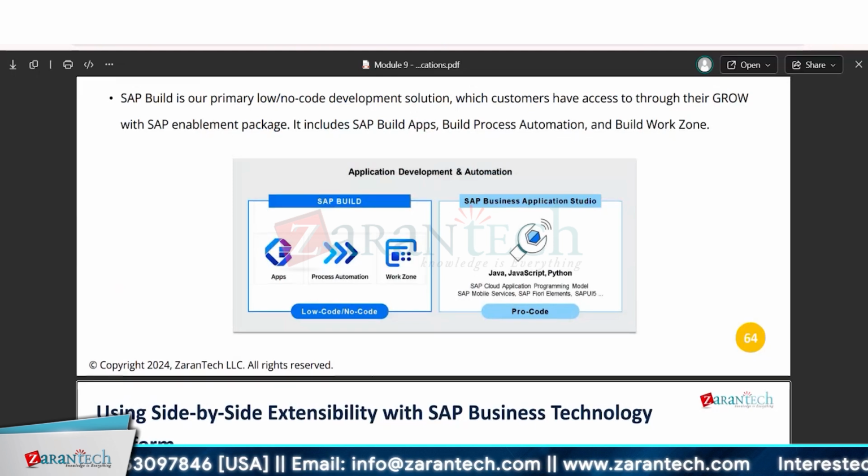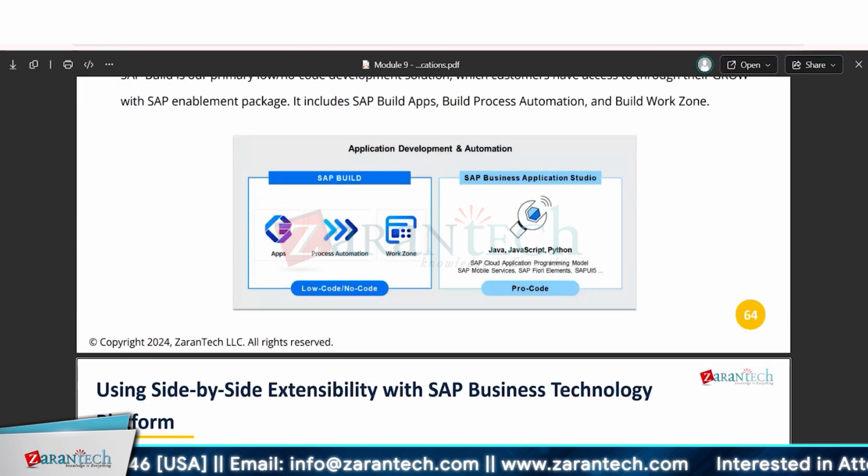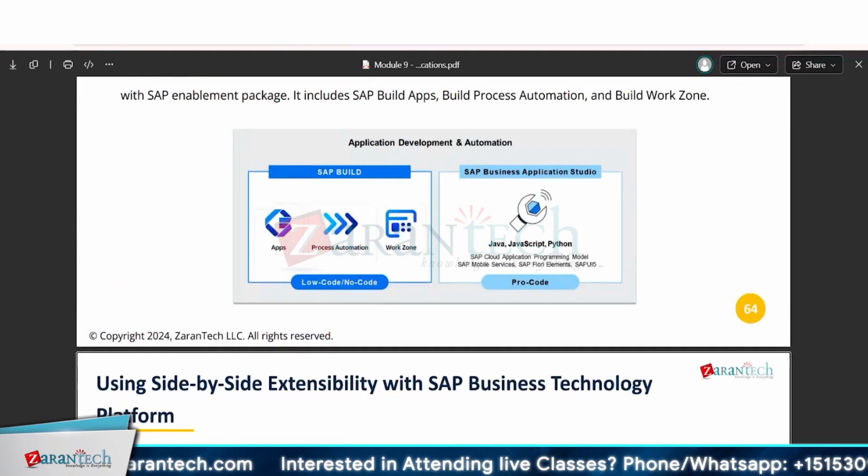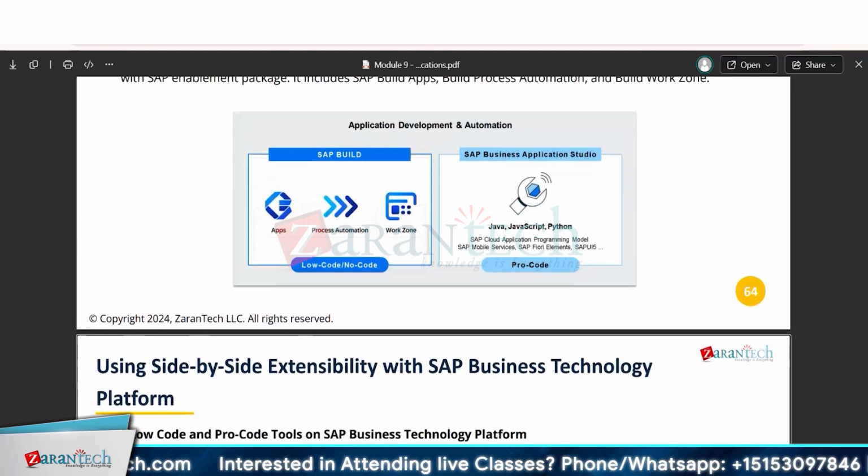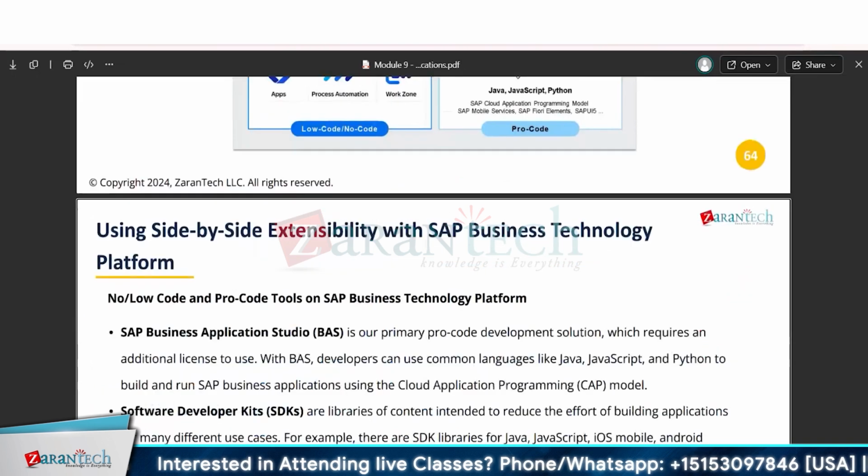So the SAP languages like ABAP, Fiori and UI5, and the other languages such as Java, JavaScript, Python are called pro code, which is built in Business Application Studio. Now we are going to look at no or low code and pro code tools